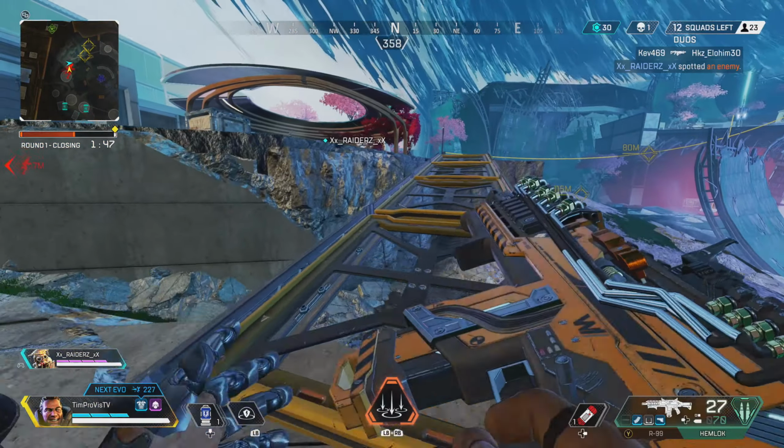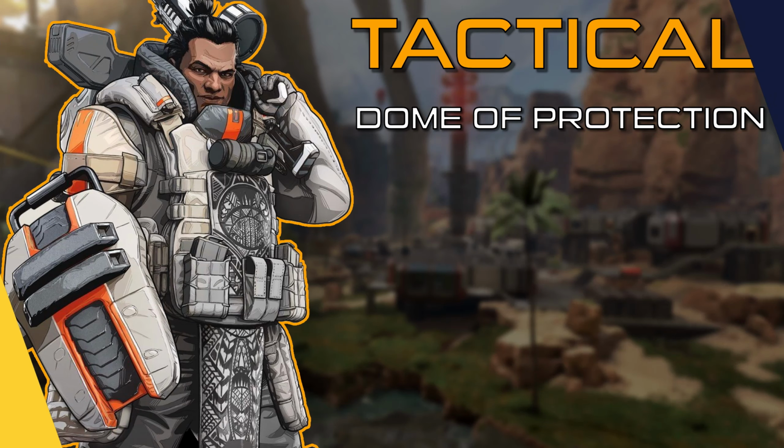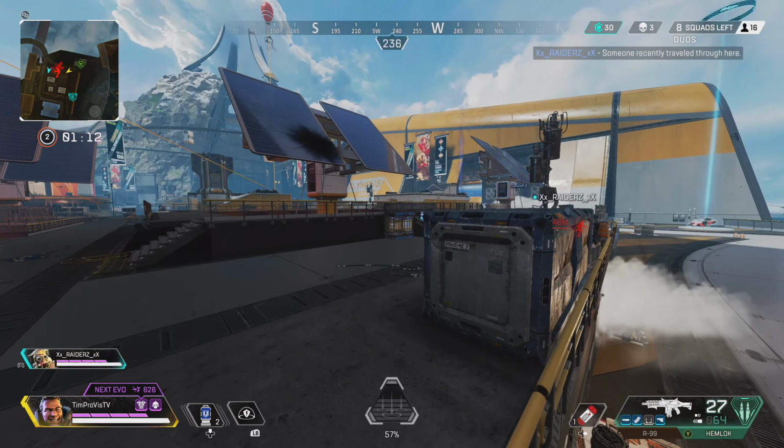However, we shouldn't sell his tactical ability short because it can be pretty great as well. Gibraltar's tactical ability is called the Dome of Protection. This is a dome that can be tossed on the ground and prevents all attacks from entering a small area for 12 seconds. And if that wasn't enough, Gibraltar can revive his allies in this dome in 4 seconds instead